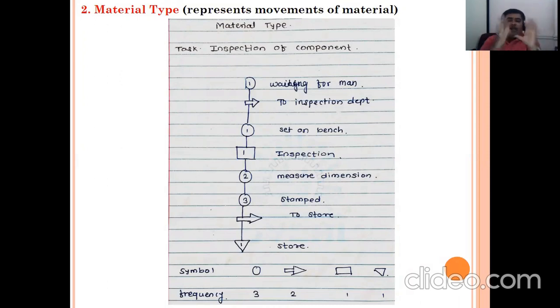he will tighten the screws and rotate it, whatever the inspection procedure requires. So setting on the bench, that operation is carried out with the help of materials. Then inspection. Somebody may think, sir, inspection is done by a man, why are we writing the material for inspection? Once that material is kept on the machine, it is ready for inspection. The material is also ready for inspection once it is set on the bench, and inspection of that material is going on. Is it right?